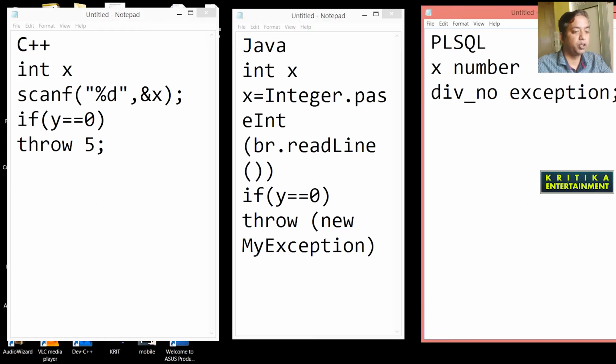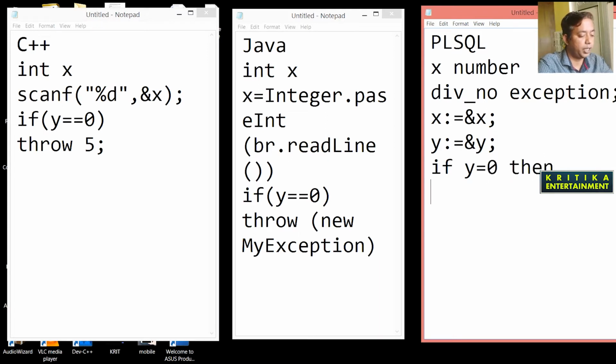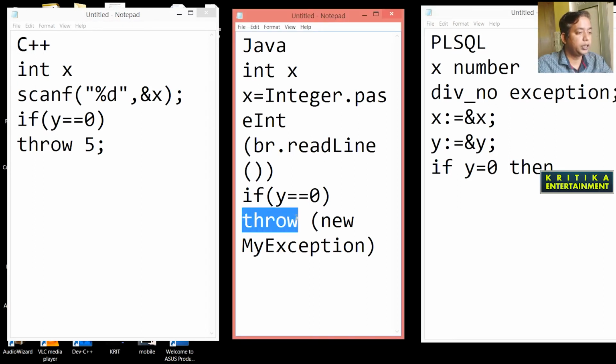But in PLSQL, what will you write here? You take the variables as input, x equal to &x, then y equal to the input &y. Then write if y equals 0, with a single equals sign. There is no need to throw as in C++ and Java.